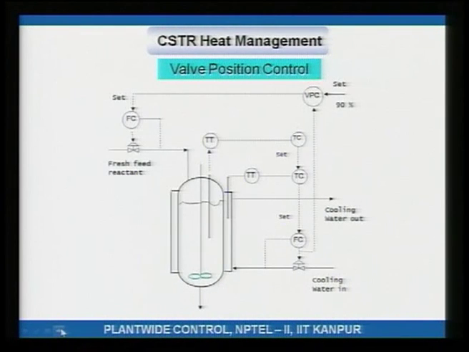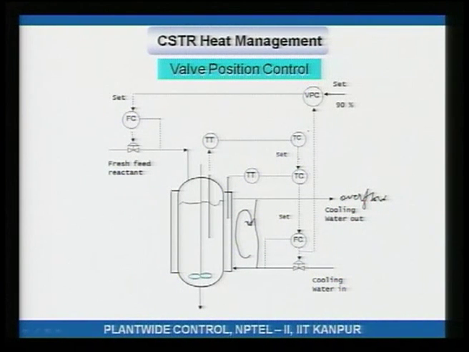So, what is done is you apply valve positioning control. How do you do it? Well, you have that standard setup. Even though I have shown it as flow controlling cooling water, what is actually going on is there is a recirculation loop, this is overflow, and there is a large circulation rate. So, the jacket temperature is controlled by the amount of cooling water you put in, and the jacket temperature set point comes from the reactor temperature. This is how conventional control is done.